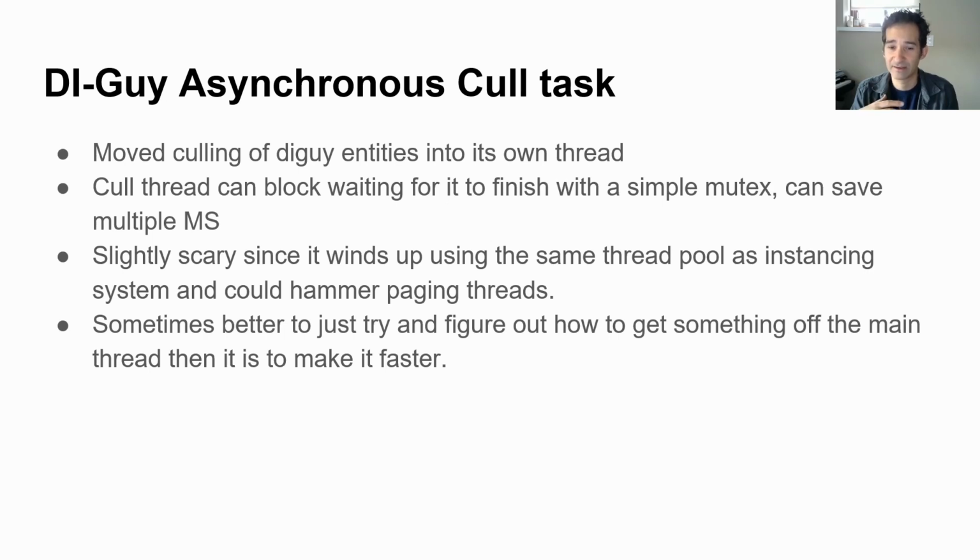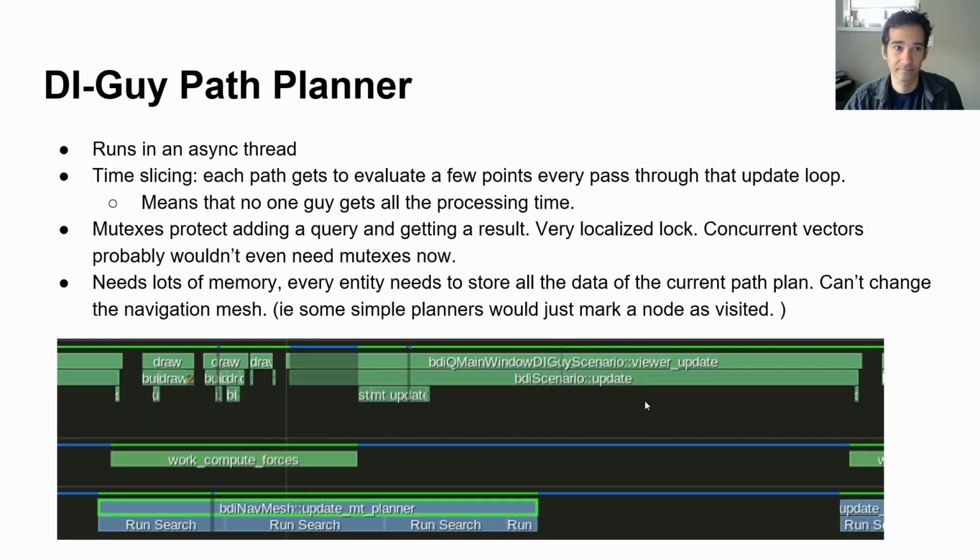If your infrastructure is threaded well, some of these big O problems just become free. I can spend all of this time trying to get 10% faster on this issue, or I can just get it off my main thread, get it into an asynchronous process, and suddenly that work that got me 10% is now getting me 100%. So this is an example of a path planner that ran on an asynchronous thread that I built before